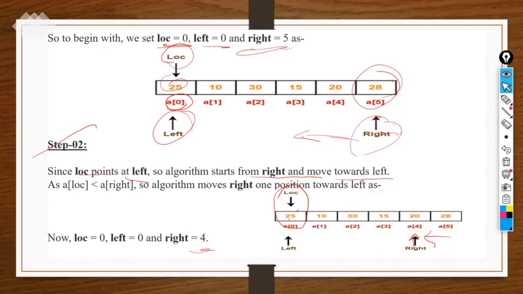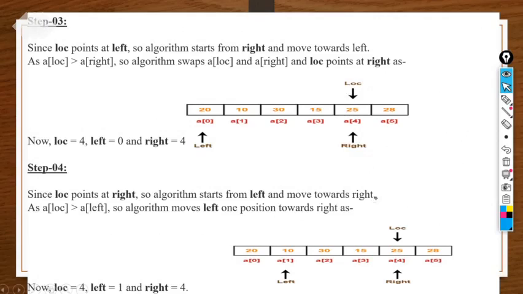So again we compare. It is the right-hand side element, that is 20, that we are comparing at that particular time. Is it greater than or not? It should be greater than 25, but it is less than 25. So that is the point to note down. So next step we do the interchange here. 25 will come at this place and 20 will come at the place of 25. So the interchange takes place. Now our LOC pointer also moves with the 25, right?